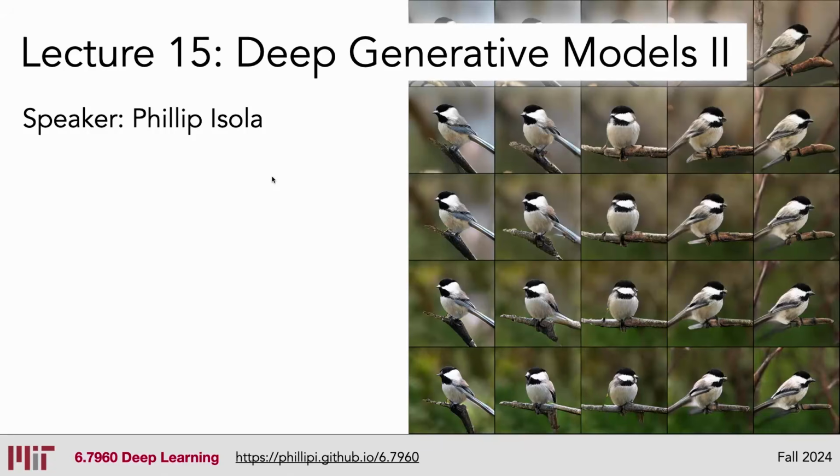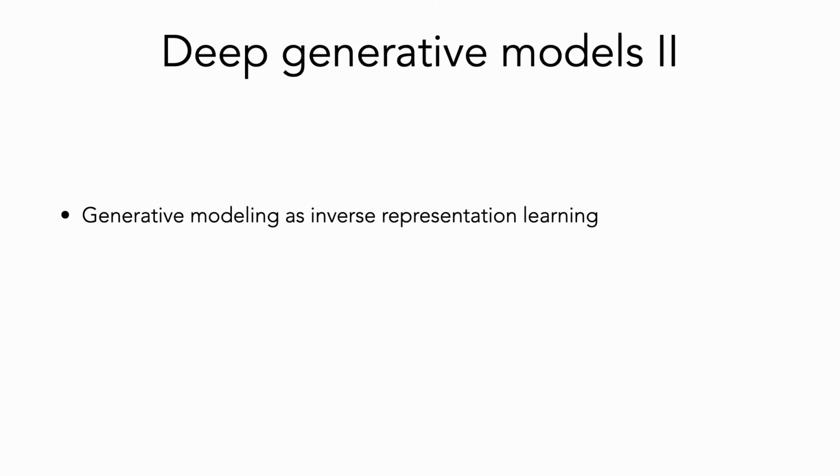We're going to continue on today and this week with generative models. So today we'll be on variational autoencoders. And we're going to give a perspective that generative modeling and representation learning are very tightly coupled. If you can solve the generative modeling problem, it should help you solve the representation learning problem and vice versa. And variational autoencoders are going to be one model that really puts the two ideas together and solves them both